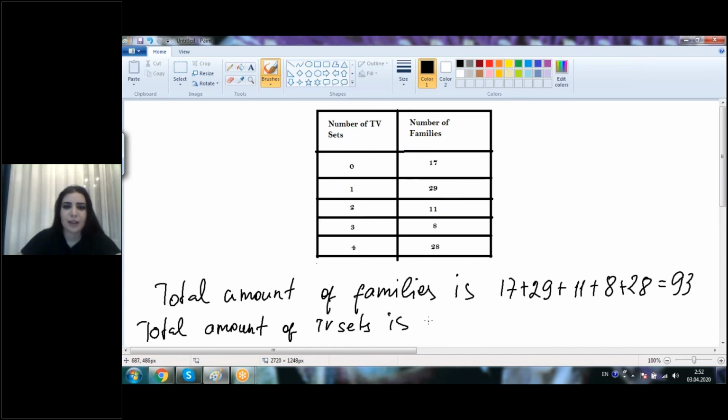So it means 0 multiplied by 17, which means that in 17 families there is no TV at all, plus 1 multiplied by 29, which means that in 29 families there is 1 TV, plus 2 multiplied by 11, plus 3 multiplied by 8, and plus 4 multiplied by 28, which will give us